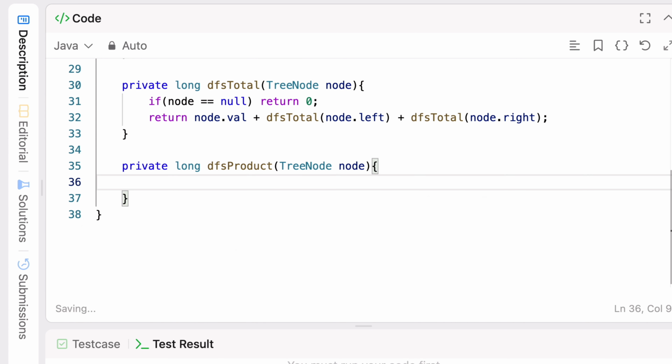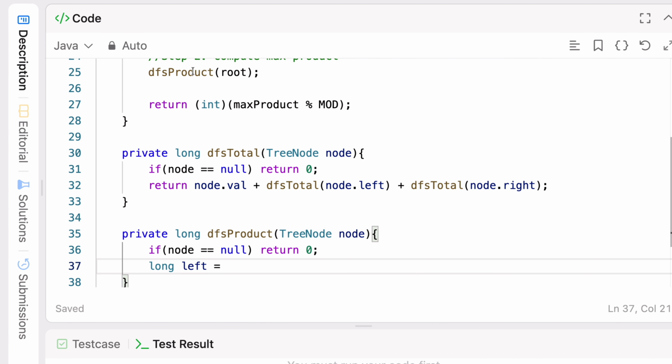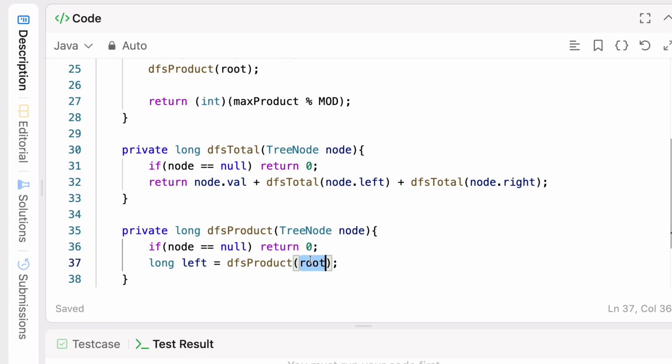So very first the conditions will be same, that if it is 0 we'll return 0, otherwise we'll go to the left side and do the DFS product of the left side. So how? Like this, compute the product here, and